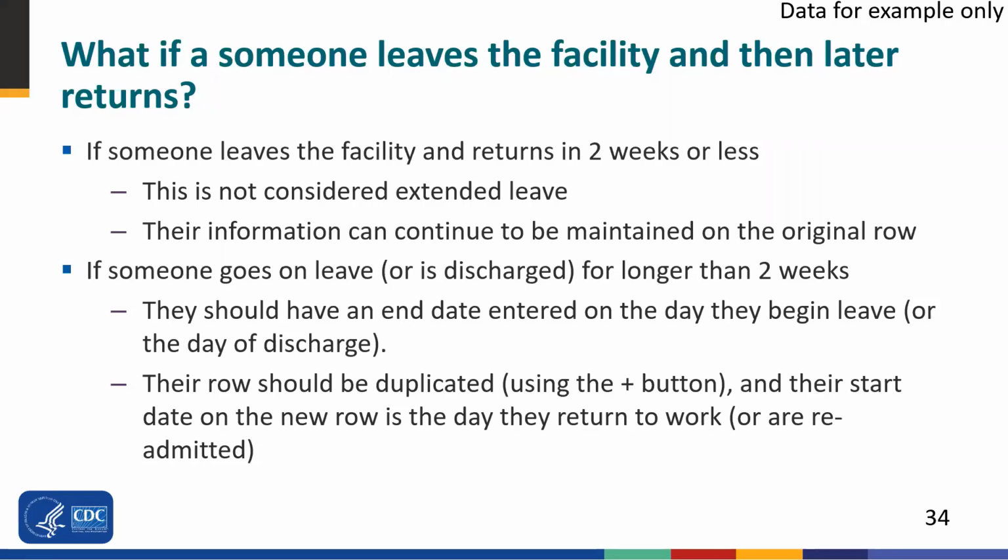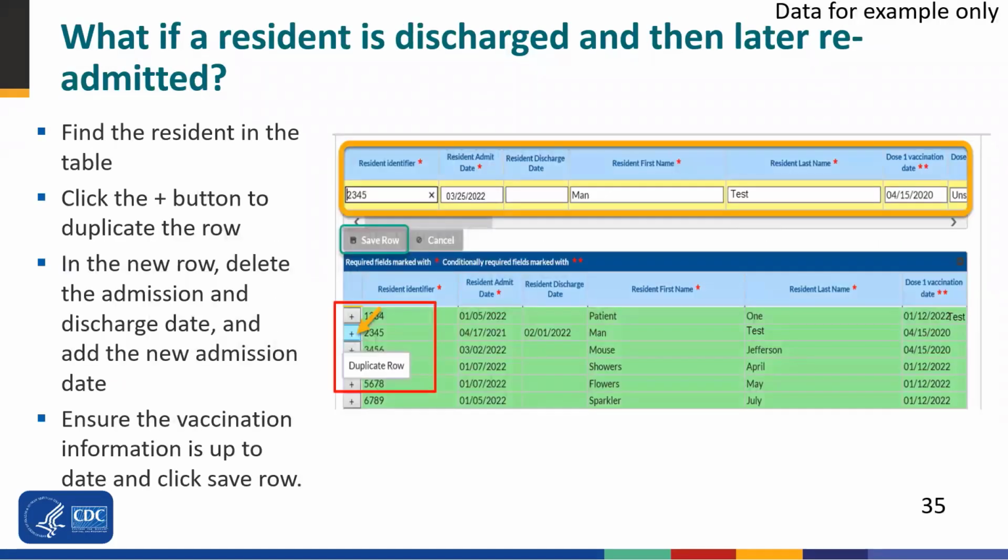If someone goes on leave or is discharged for longer than 2 weeks, they should have an end date entered on the day they begin leave or day of discharge. Their row should be duplicated, and their start date on the new row is the day they return to work or are readmitted. Let's review an example of how to update a resident that is readmitted greater than 2 weeks